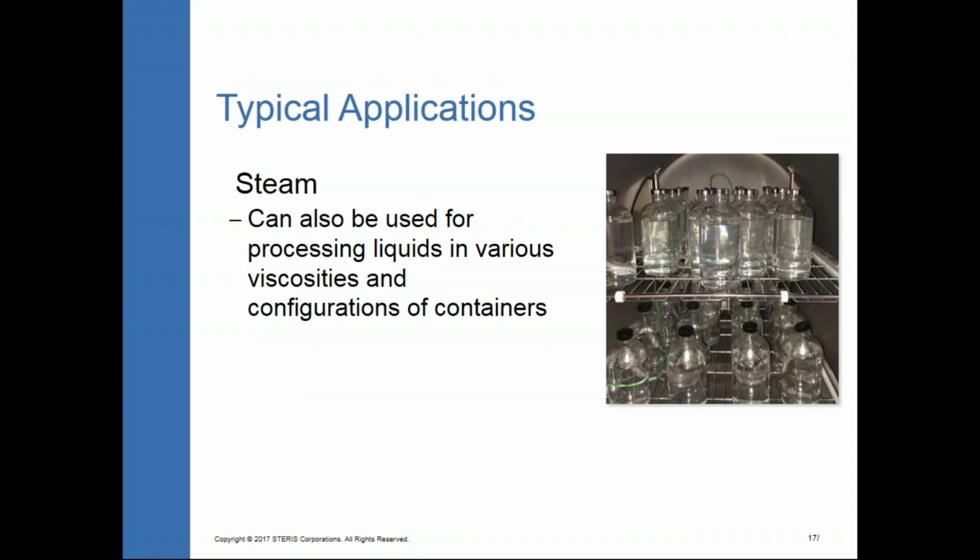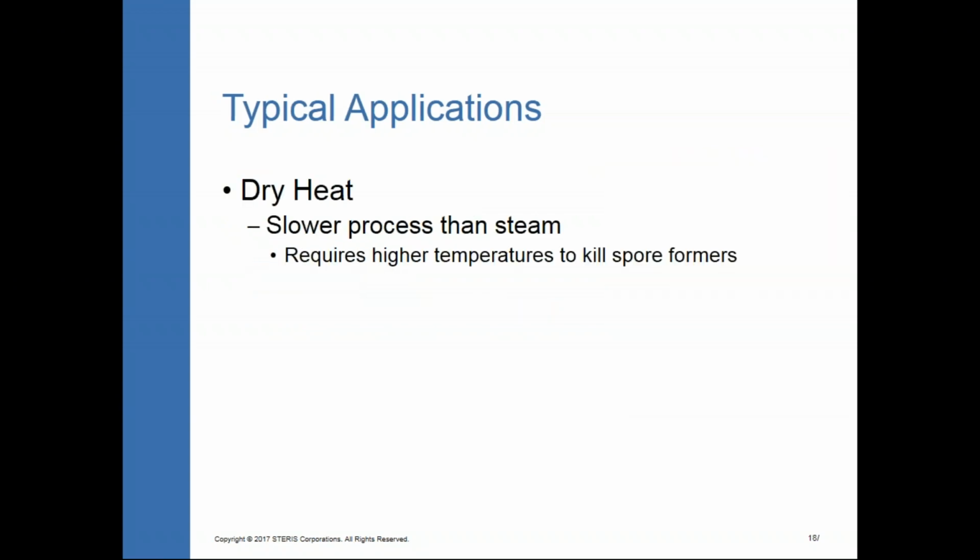One particularity of steam is that it can be used for sterilizing liquids, which is not something possible with dry heat. And it really doesn't matter the viscosity or the type of containers. It is a very important capability because many labs do require to process liquids somehow. So the dry heat is not,